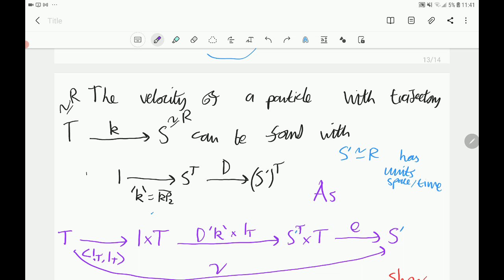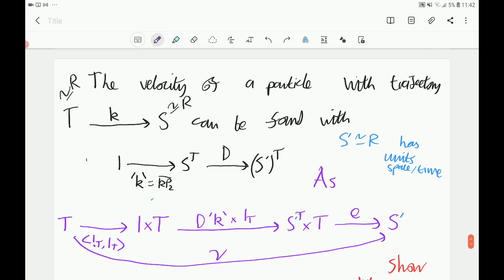I'm going to say that D goes from the collection of maps from time to space to the collection of maps from time to s dash, where s dash is like space, but it has units of say meters per second. So I think this is kind of interesting because we have these sort of one-dimensional spaces, but they're associated with different units. So there's a question about how